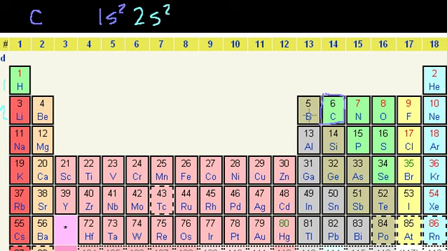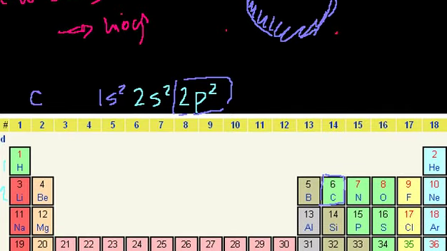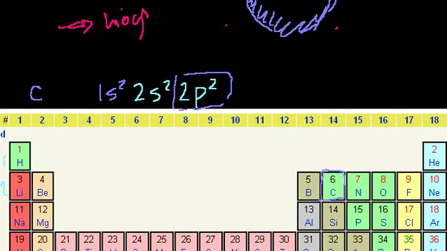2s2. And then it starts filling up the p orbitals. So it starts filling 1p and then 2p, and we're still in the second shell. So 2s2, 2p2. The question is, what would this look like if we just wanted to visualize this orbital right here, the p orbitals? So we have 2 electrons. So 1 electron is going to be in the, let's say, I'll try to draw some axes. If I draw it in a 3-dimensional volume kind of axes,